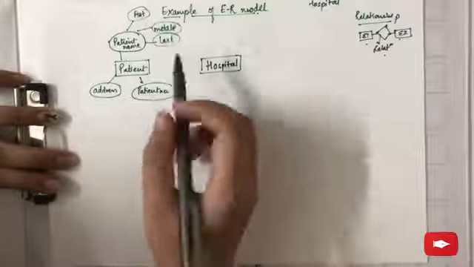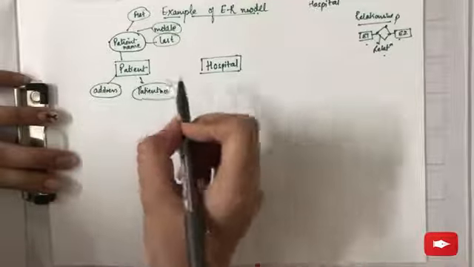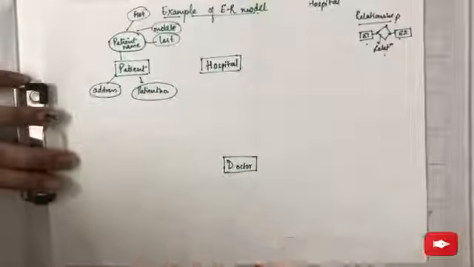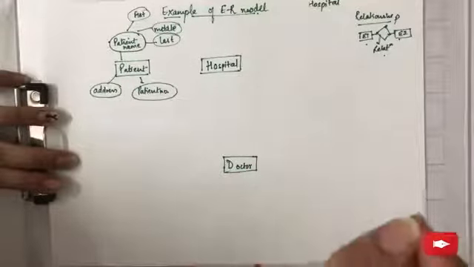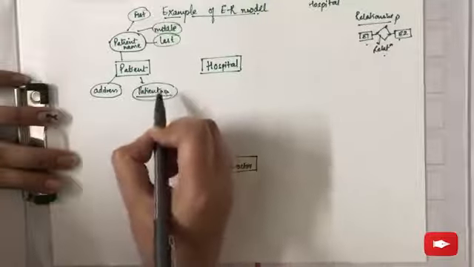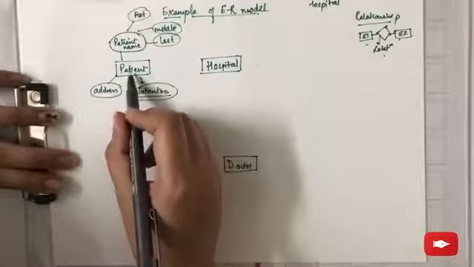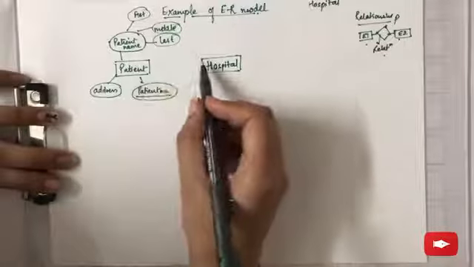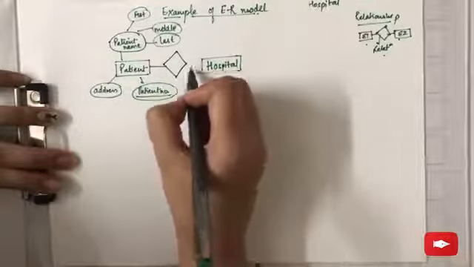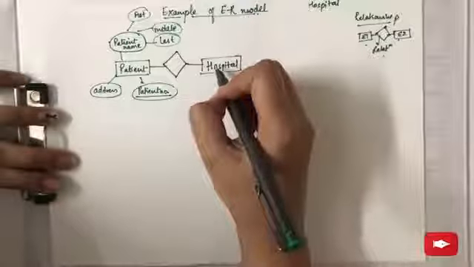Now if I look at all these attributes, patient number can act as primary key. And as you all know, primary key is the key that uniquely identifies that particular entity. So every patient is going to have a unique patient number. So we have to represent it by underlining it. So this represents the attribute patient number, which is also a primary key for this entity. Now this entity is in a relationship with hospital. So these two are to be attached using diamond boxes.